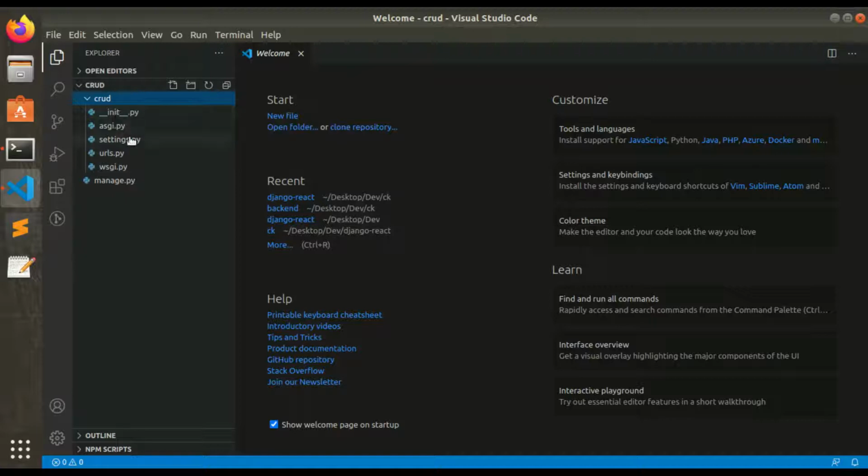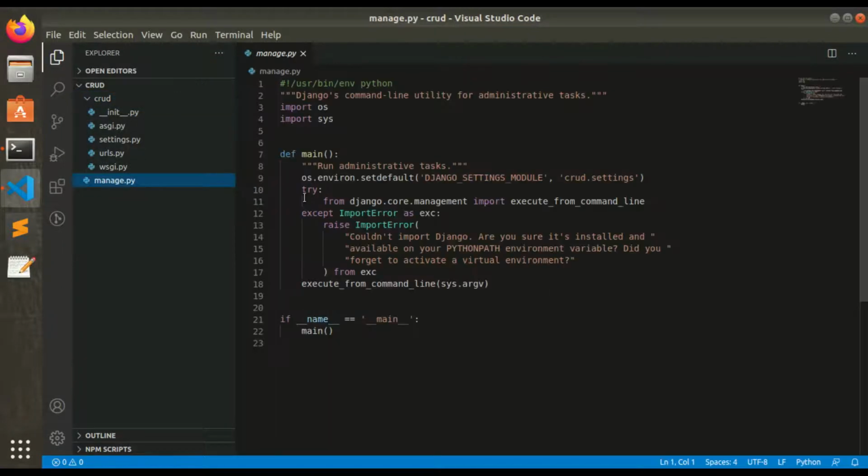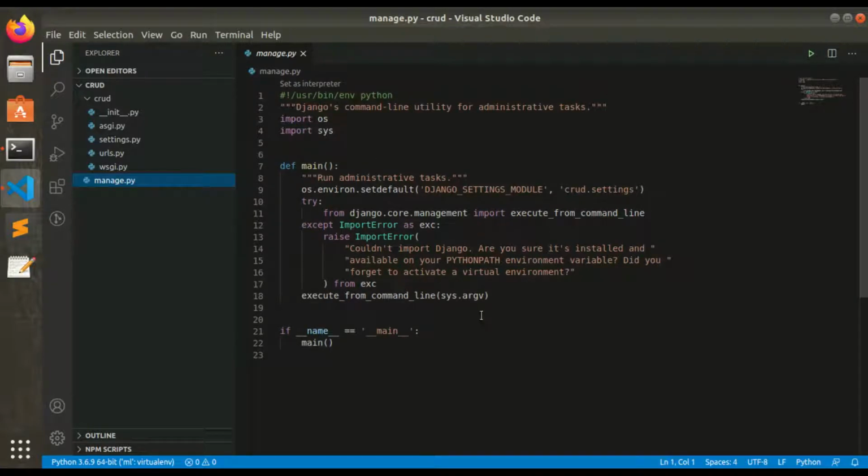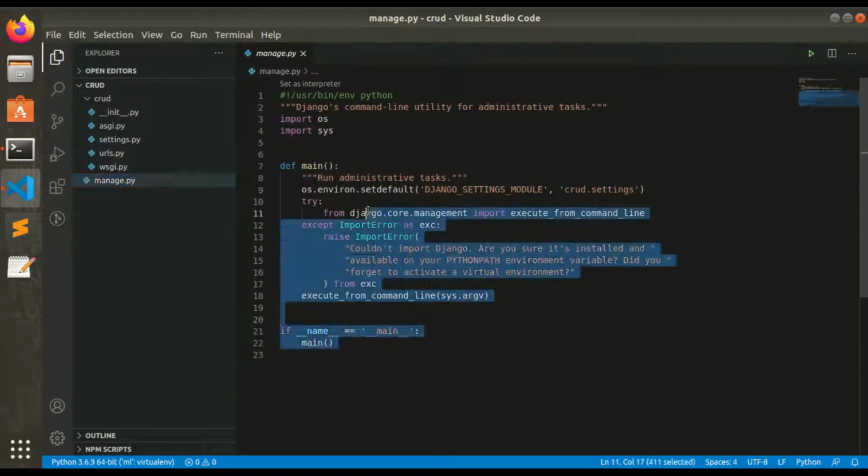It contains some important files which are used for Django configuration. The most important file is manage.py, which is also the starting point for running the Django application. We don't need to change any of the content of this file.